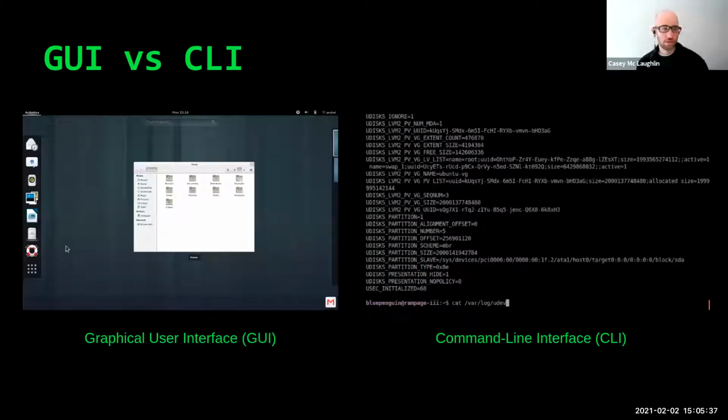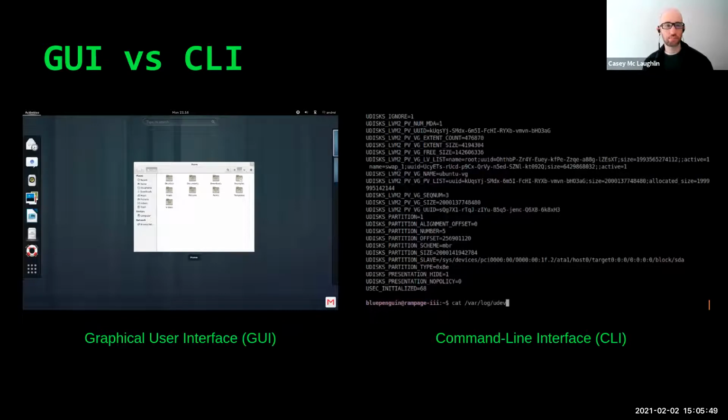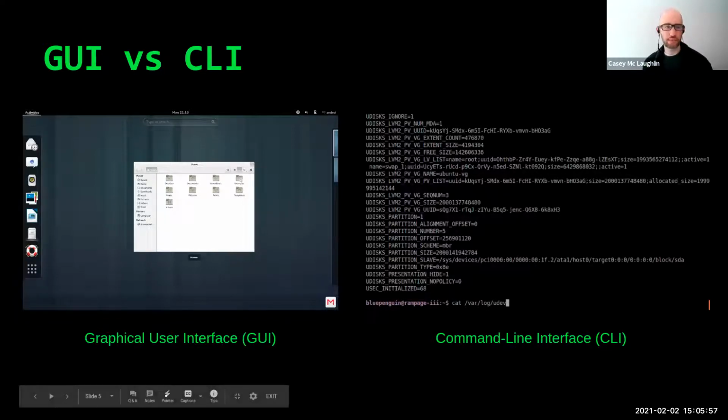All right, so most of us are familiar with using a computer that has a graphical user interface, or GUI. We're accustomed to seeing visual elements like scroll areas, images, buttons, and charts and graphs, browsing YouTube. You know, that's all graphical stuff.